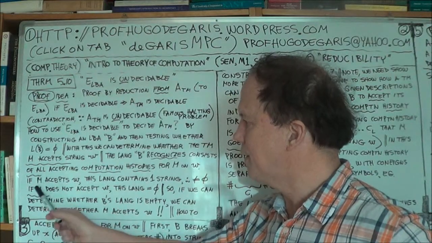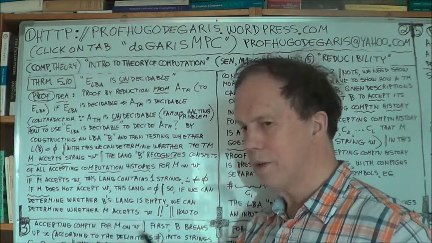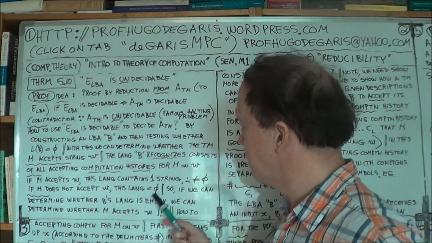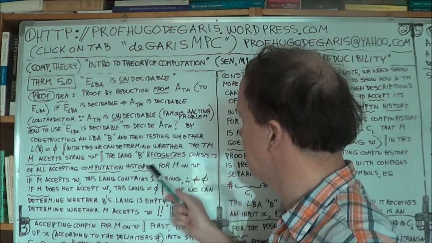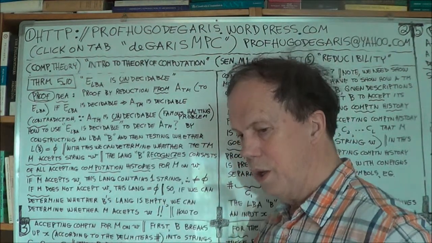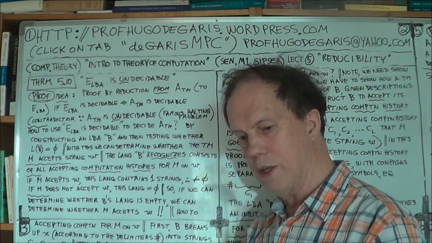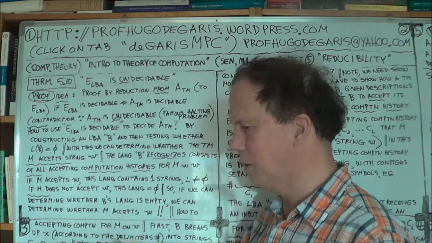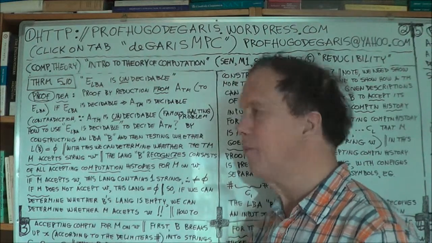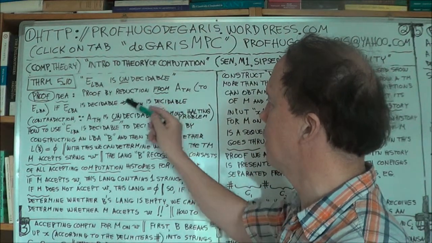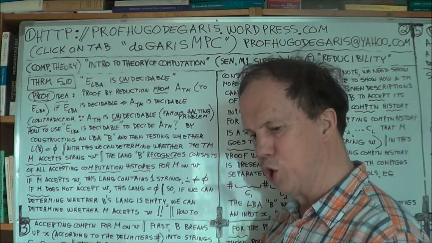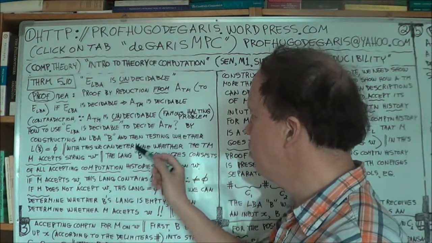Machine is deciding on the string W. Okay? So, in other words, by using this machine B, we now have a way to decide whether M accepts or rejects W. Okay? Now that corresponds to the language here. Okay? Now, so we'll build this larger Turing machine that will use B